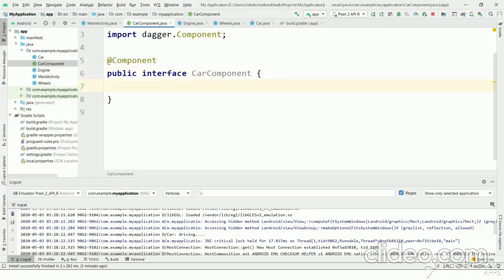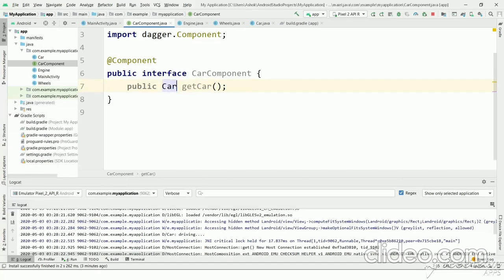In this we can have a method which returns Car: public Car getCar. It doesn't matter what the method name is, but the return type is Car.